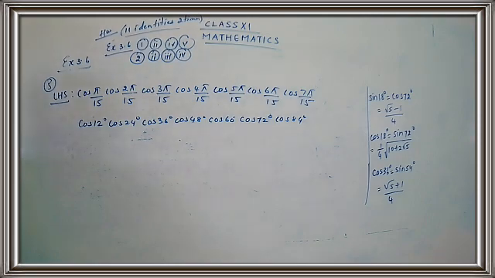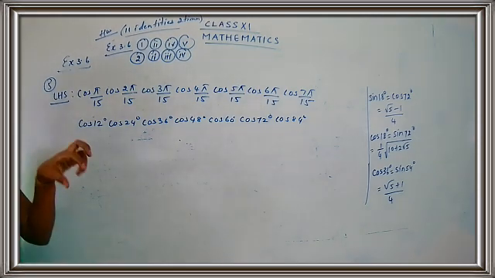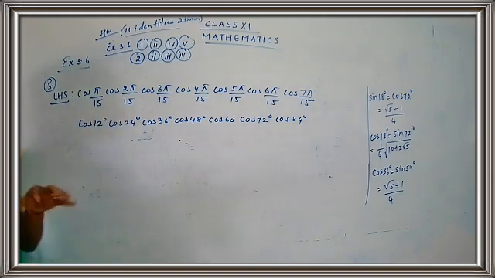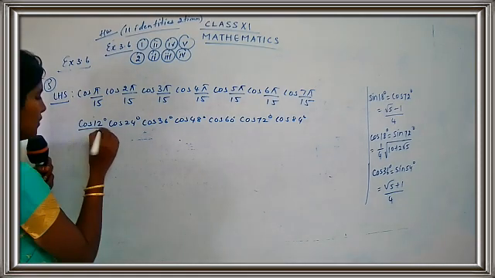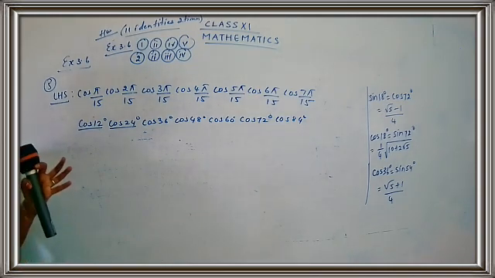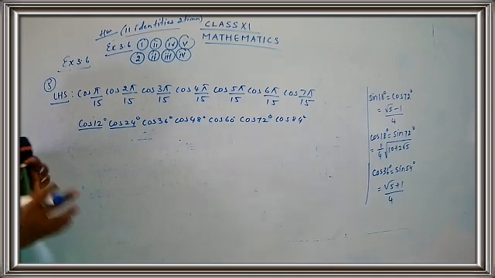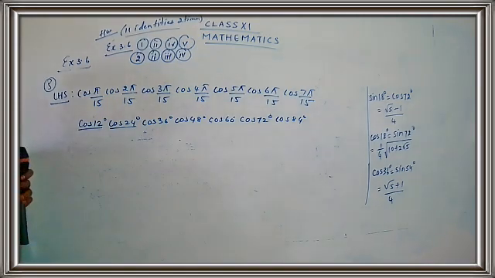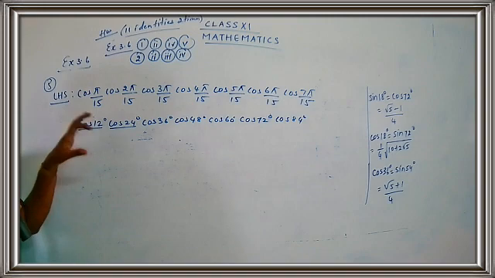Now children, here we are just going to use the formula cos(60 minus A) cos A cos(60 plus A). Okay, that formula. So we are going to choose what A is here. One is cos 12 and one is cos 24. First of all, it takes some time, because I have already done the sum, so I know what A is here. But for you people, it will take some time to choose the numbers, because 1, 2, 3, 4, 5, 6, 7 terms are there. From these you have to choose what A is first of all. So I'm just going to take A as 12.